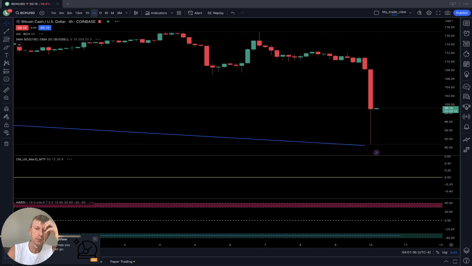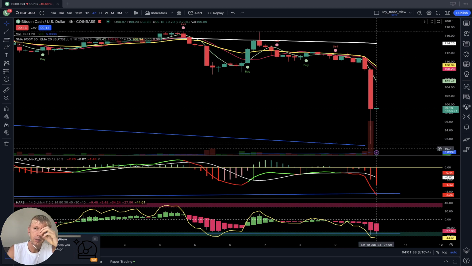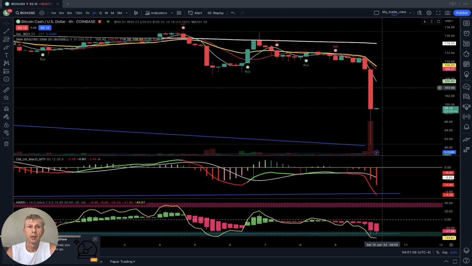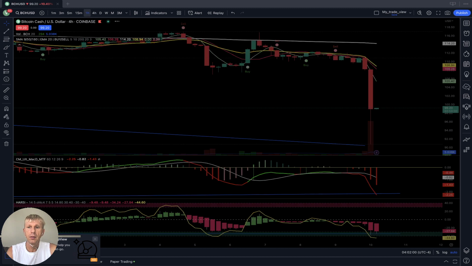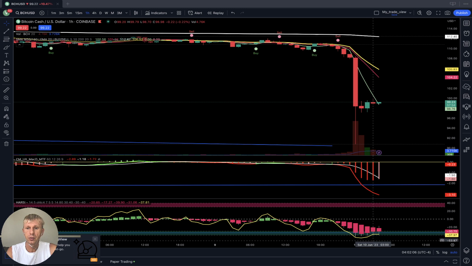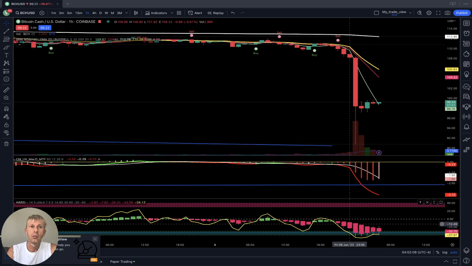4 hours time frame, it is bearish. Like I told you, it bounced from 90 to 99. $10 bounce. But indicators didn't change at all. It was a very huge disconnection from 20. Still a huge disconnection from 20. It definitely wants to correct. 4 hours time frame, bearish. 1 hour time frame, still bearish. It makes some correction, but still bearish, still in oversold territory on RSI. Bearish trend.